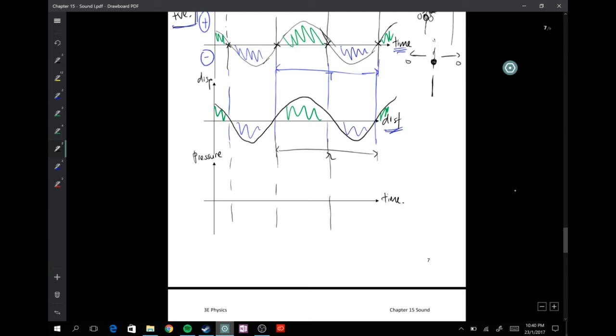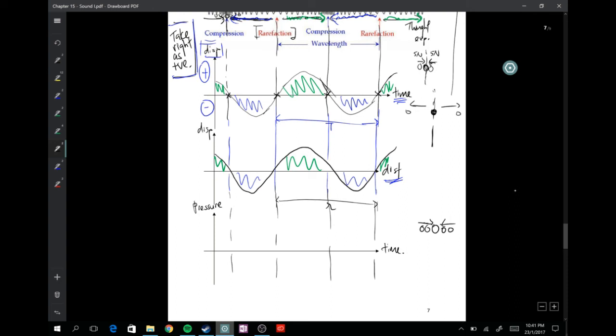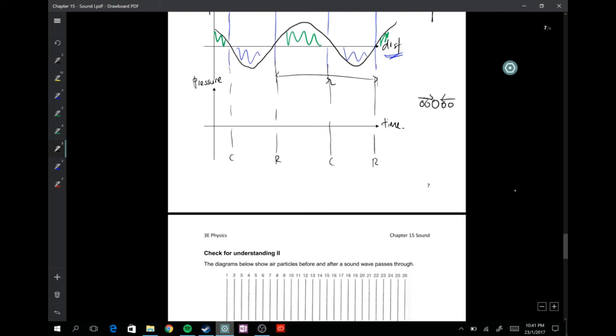And then comes the interesting one, the pressure time curve. Now at compression, when everything collides onto the particle, all the other particles around it start colliding to it, do you think the pressure at that point is a maximum or minimum? Should be a maximum, right? So the pressure should be maximum. And at rarefaction, when everyone starts leaving you, the pressure should be very low, right? Very high and very low. So these are the corresponding points. Now we'll start plotting the curve. It should look something like this.